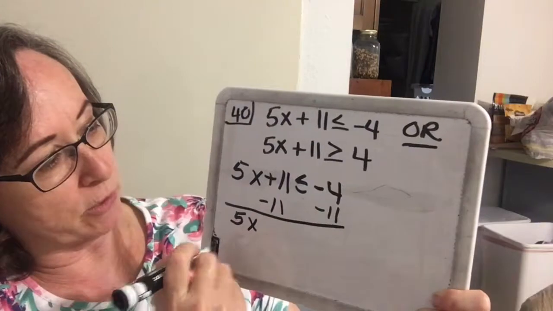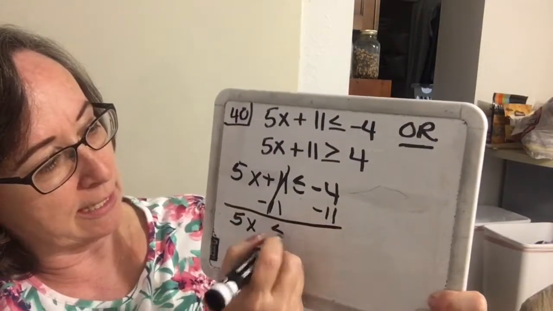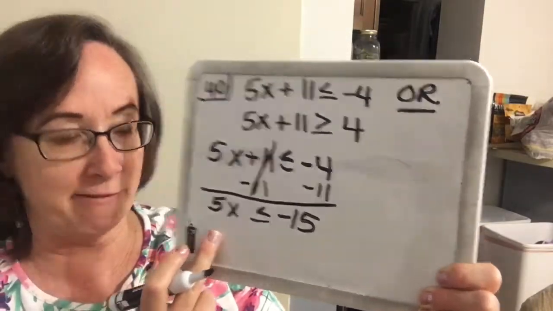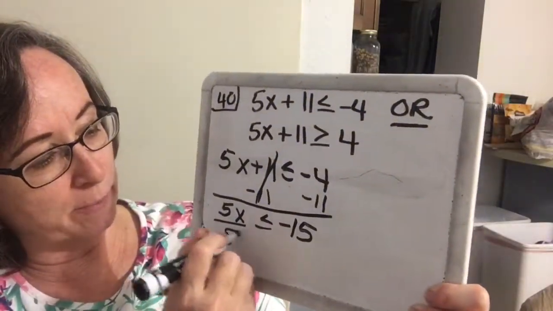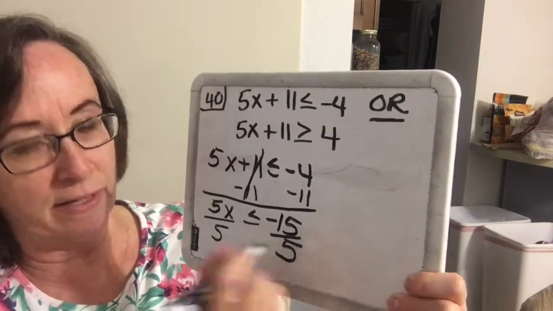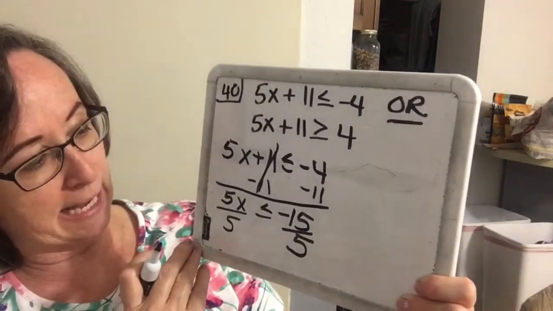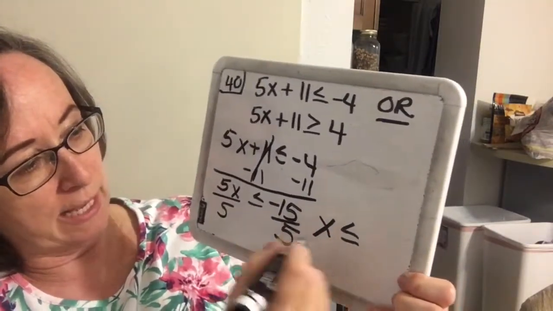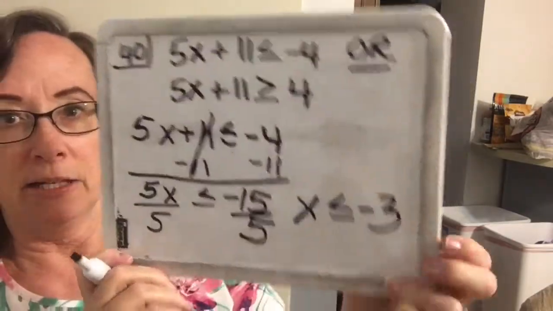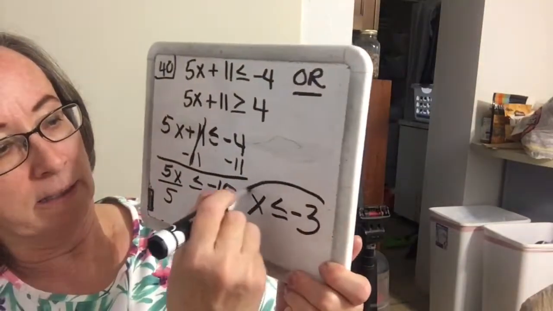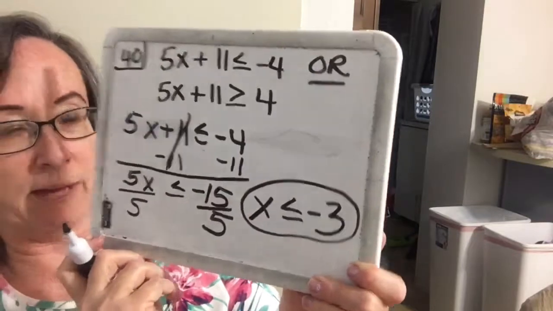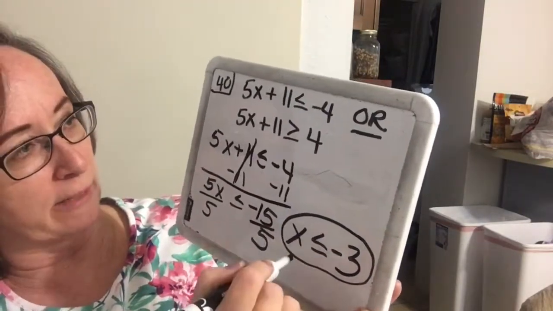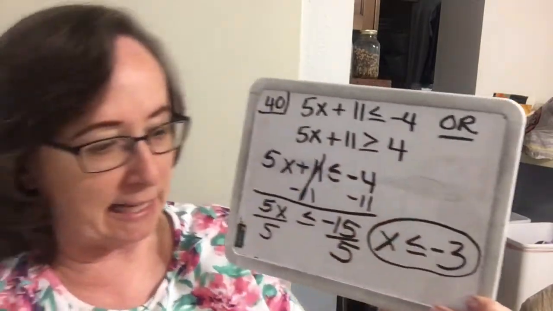Always getting your variable term alone first, less than or equal to a -15. So now I want to divide by a 5. I'm going to divide by 5 on both sides, and since it's a positive 5, my inequality sign stays the same. And I wind up with x is less than or equal to a -3. Okay, so there's my inequality right there. Now I'm going to keep that solution there, and I'm going to go back up here and do this second one